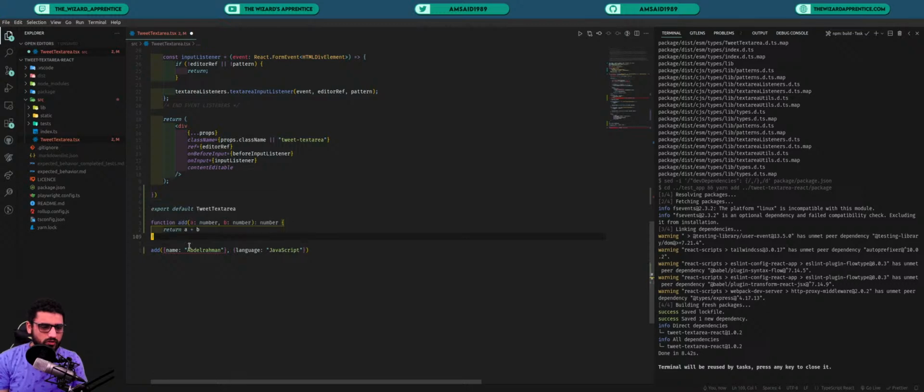So you'll still need to create some checks here, like if type of A is not number, or type of B is not number, sorry, and then return, for instance,